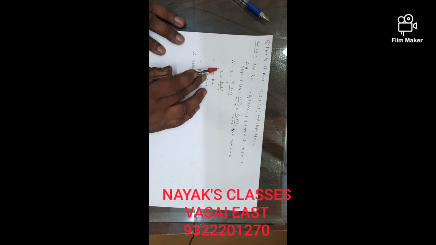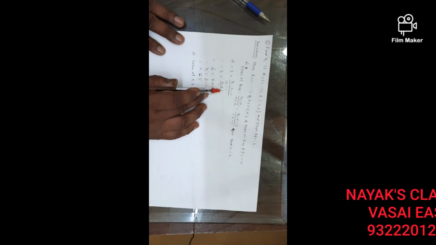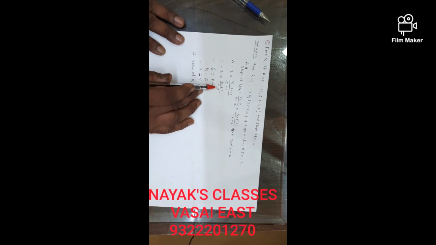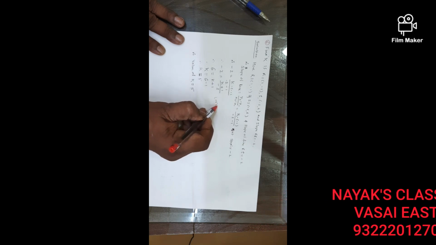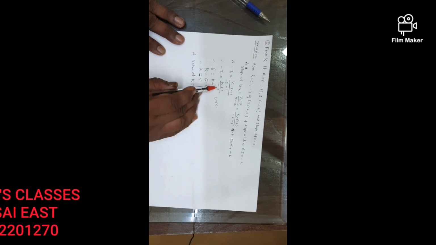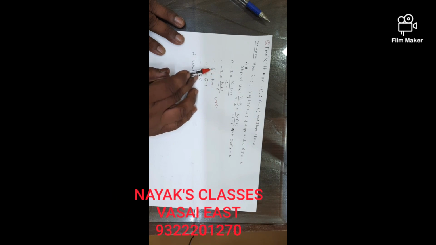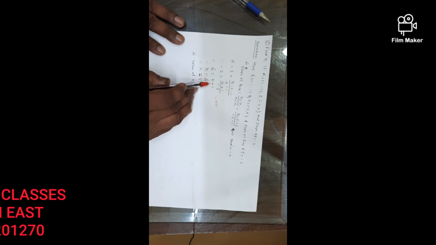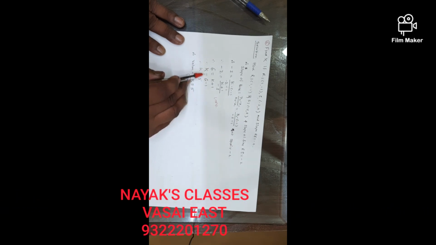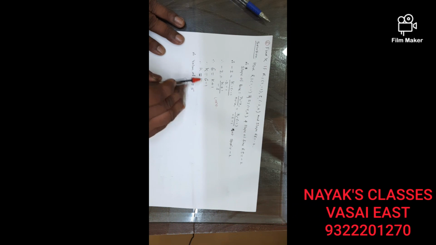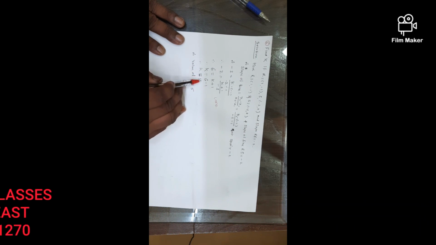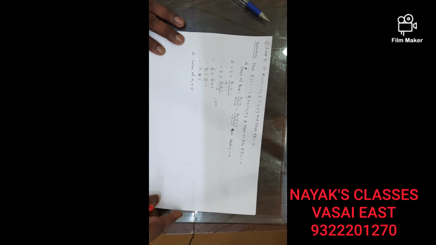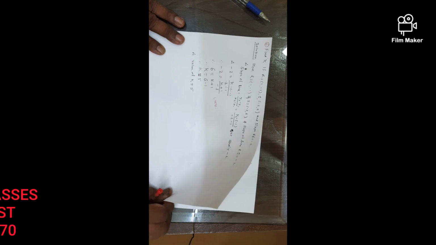So after solving, we get -2 is equal to (k plus 1) upon -3. Therefore, by cross multiplication, -3 into -2 is plus 6, is equal to k plus 1. By taking the number to the other side, k is equal to 6 minus 1. So k is equal to 5, and the value of k is 5. These types of examples are definitely expected in your exam.